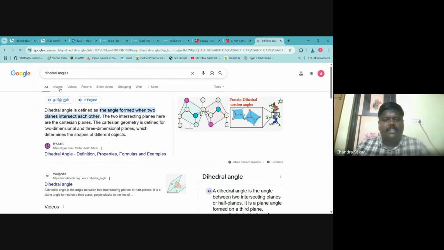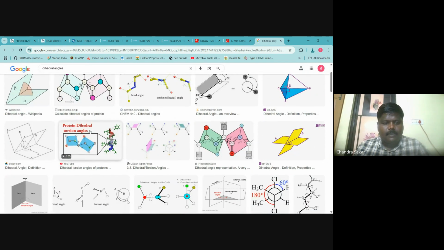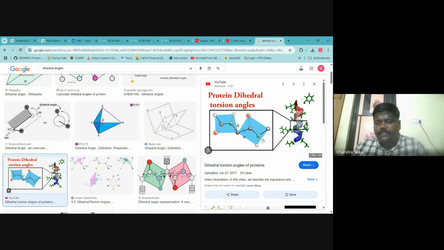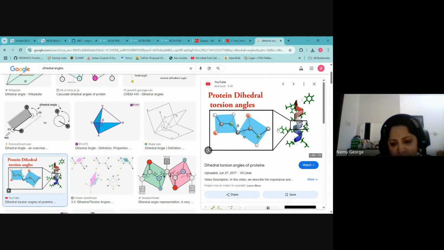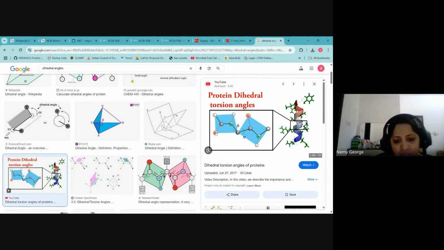They are not flexible actually. Amino acids are flexible only in particular regions. This may be a better picture. Can you see the big picture? For example, I am taking this alpha helix. In this particular region, two amino acids are there, correct? The two amino acids are made up of, for example, carbon, oxygen. Hope you are clear with the basic chemistry of amino acids, correct?